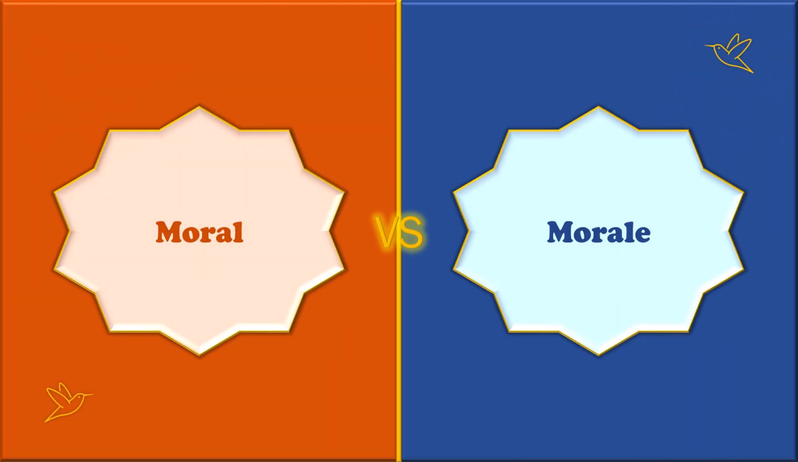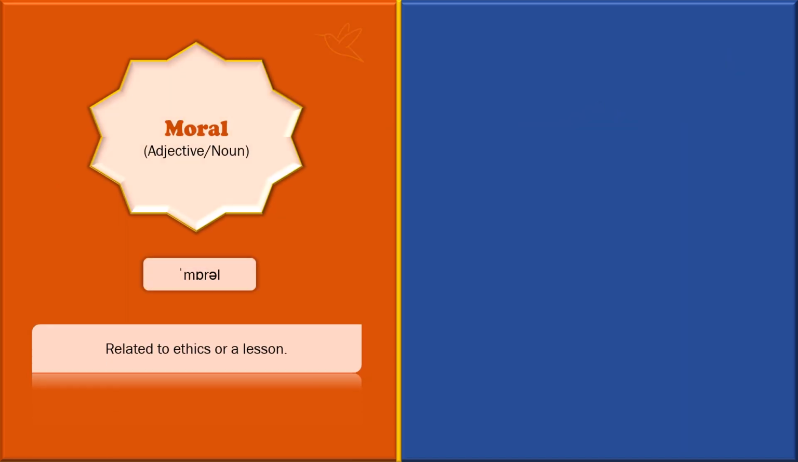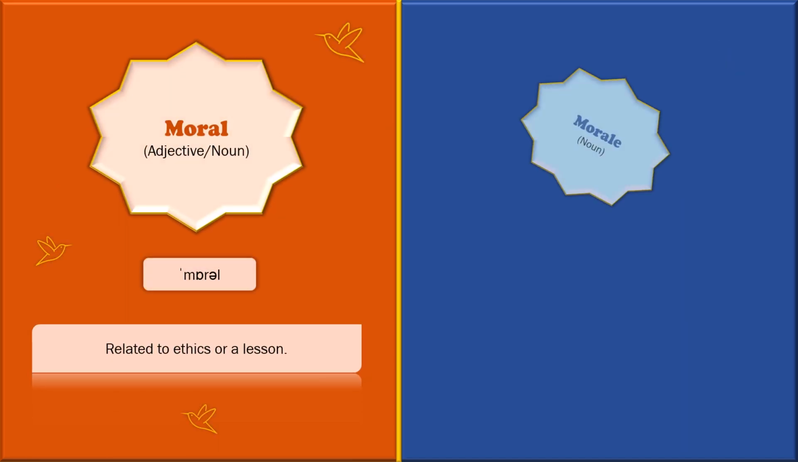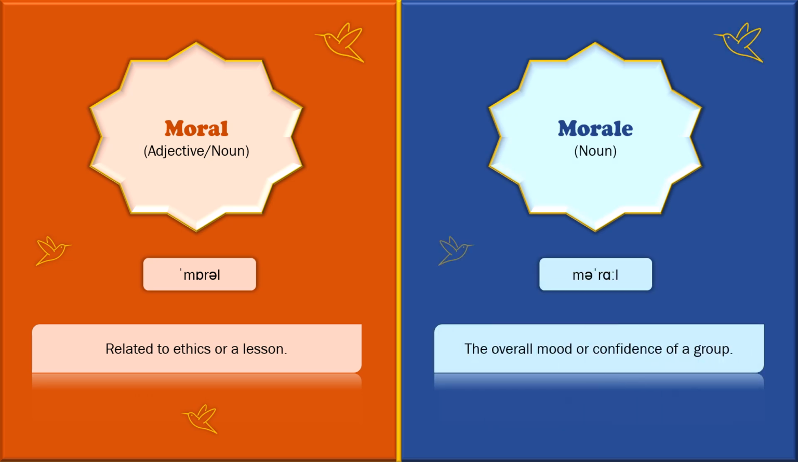Review the spelling and meaning of each form. Focus on understanding how they differ in usage and pronunciation. Moral, morale. Moral and morale. Moral can be an adjective meaning related to ethics or principles, or a noun meaning a lesson